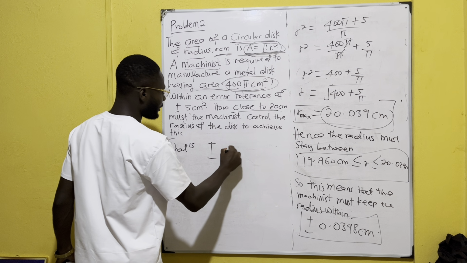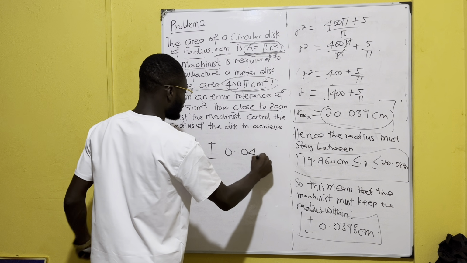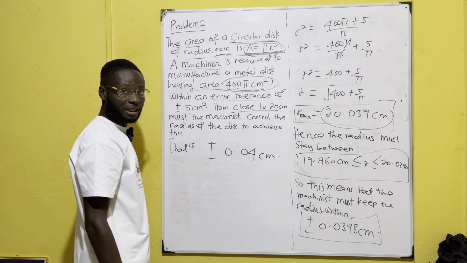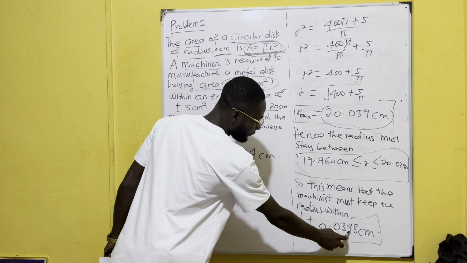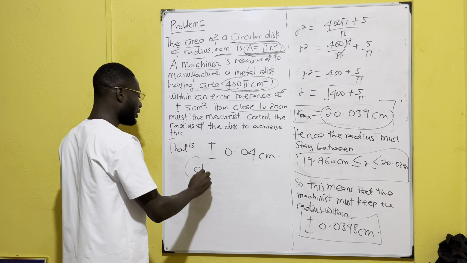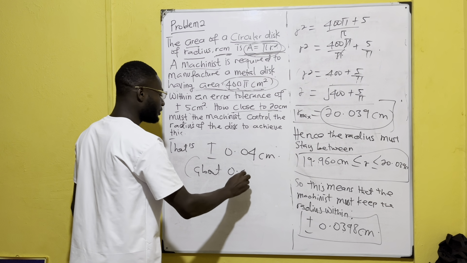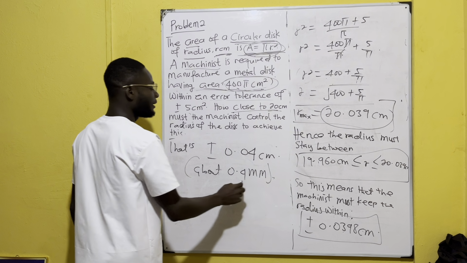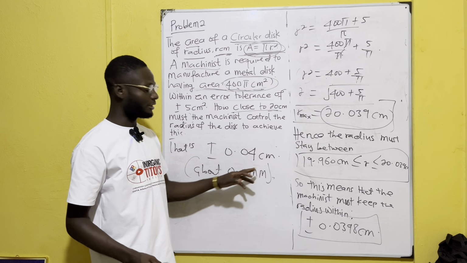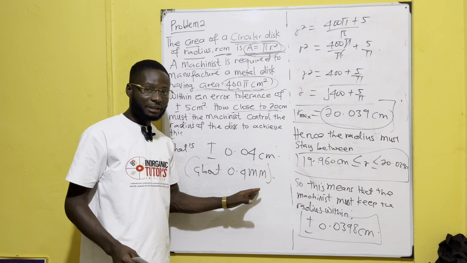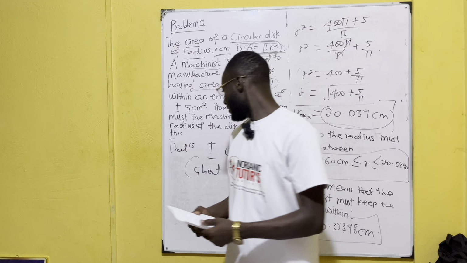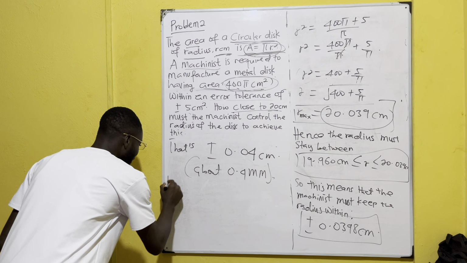So that is plus or minus 0.04 centimeters. Okay, when you change this to two decimal places, you're going to have 0.04 centimeters. Okay, this is about 0.4 millimeter. Okay, 0.04 centimeters is about 0.4 millimeter. Okay, so we can now conclude, right? We can now conclude and say that